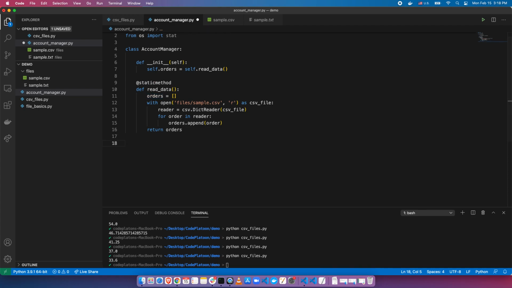Okay, so now that we have all of our data, we can start doing some operations. So what should our account manager do? Well, we could write any number of functions now that might be useful. So we can start by getting a list of all the reps, for example. So def get all of the salespeople, self, and we'll do